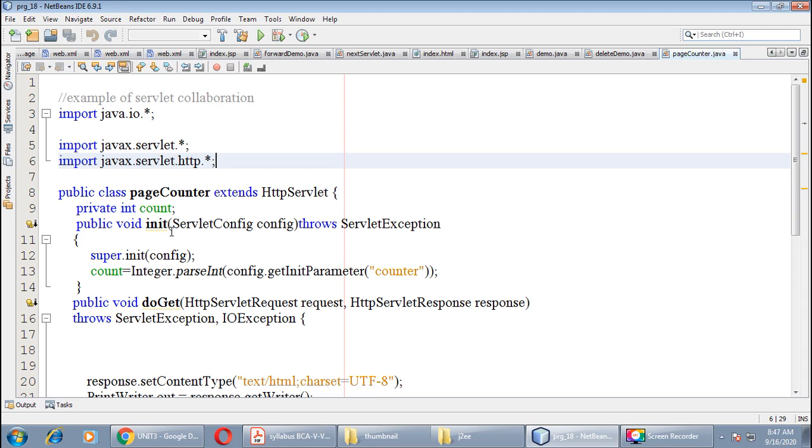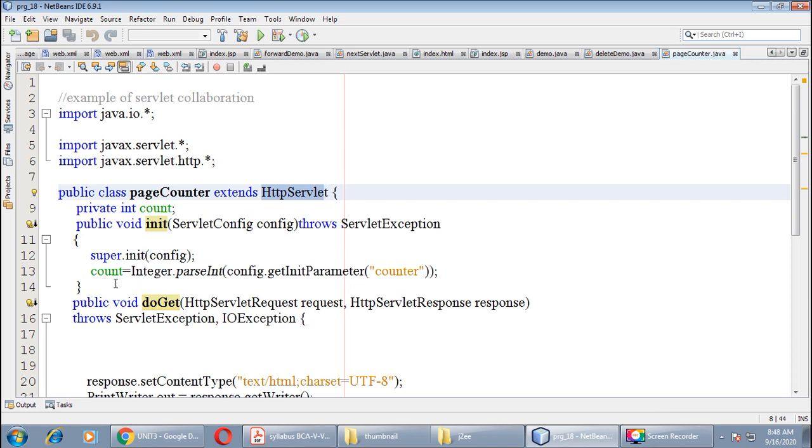So here, what I have done is super.init, which means it is calling the init method of the super class. It is extending HttpServlet, so this method is already defined in HttpServlet, and we are calling that init method in our current class. So here we can say that this method is overridden.